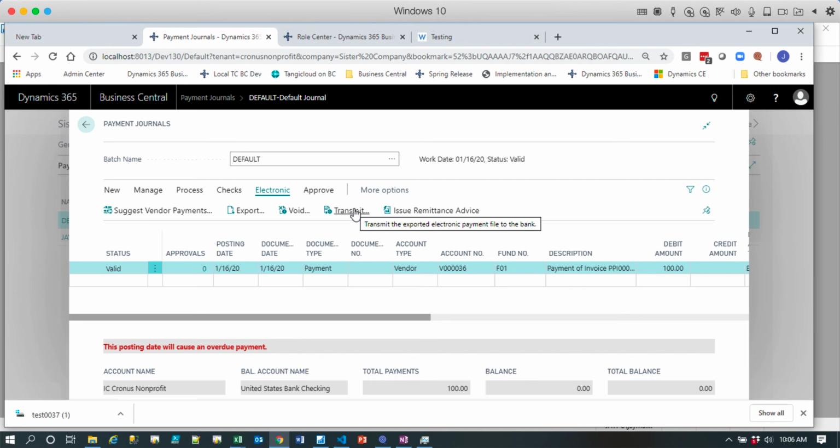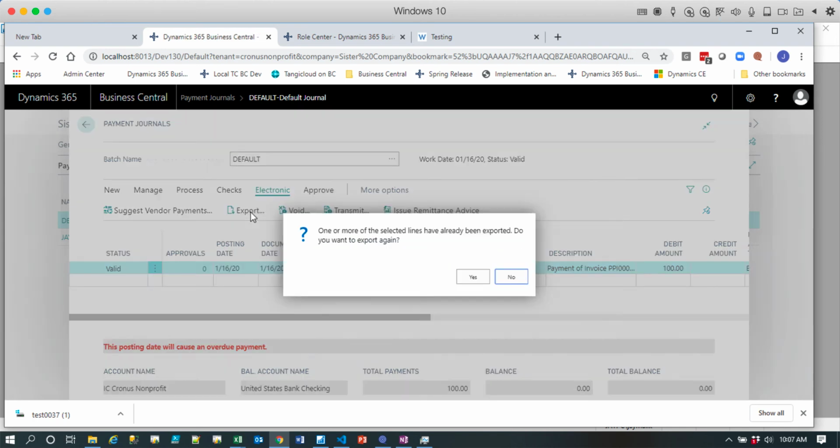You have to come back and acknowledge that you've transmitted it. And then you have the ability to issue remittance advices where every vendor will electronically get an email to let them know, or you could print them out and stuff them into envelopes if you chose. I typically recommend that we automatically email. So when we do export here,